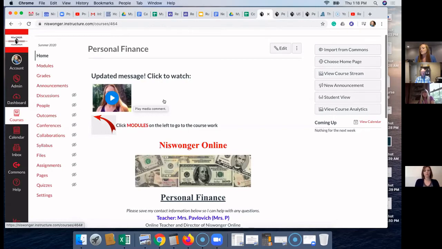And earlier I talked about sub plans. I think this is such an amazing tool to use when you do have a sub coming in, and you're going to send your students to your Canvas account, because it's going to give them your face. So it's like, oh, hey, there's Miss P, and you're going to be able to explain to them, hey guys, I'm sorry, I'm out. I'm not feeling well. Sorry, I can't be there today, but I've got this great activity planned for you. Go click on modules and just explain. And again, just a short little 2-minute video.